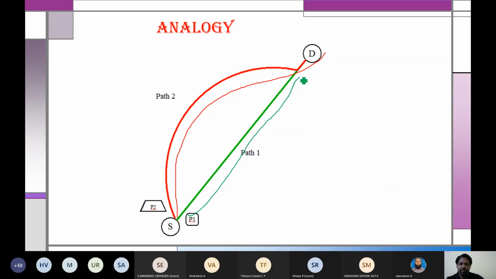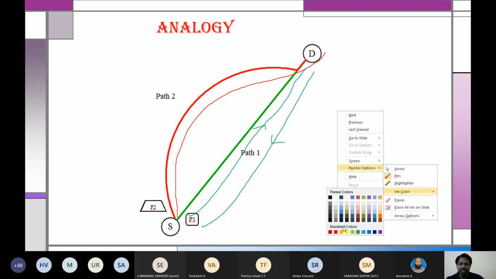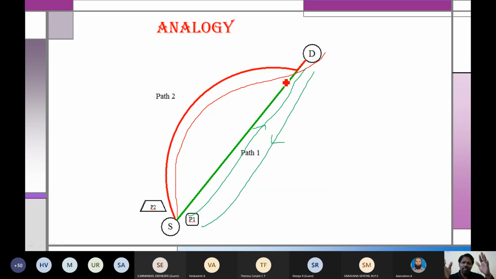This person came and he has gone. So two lines are there. But you know human beings, right? They have some intuition. Okay, I came to path 2 only. Let me go to path 2 itself, right? Again, if the second person is taking the same path, okay, he's taking the longest path again.